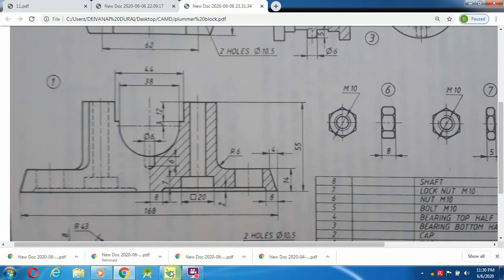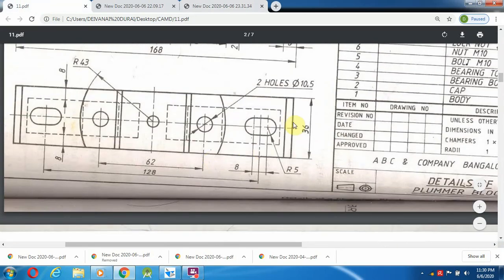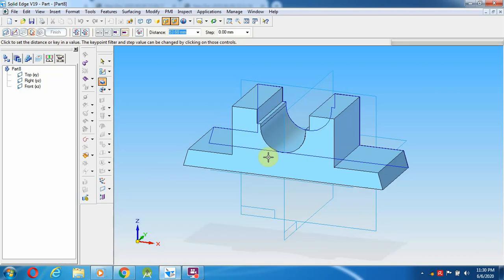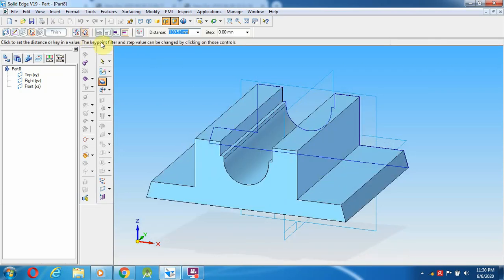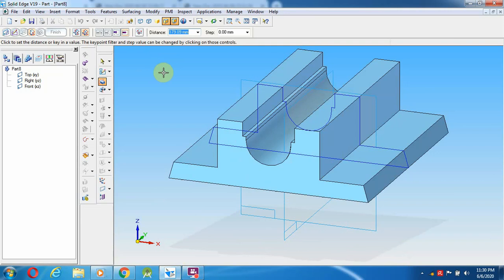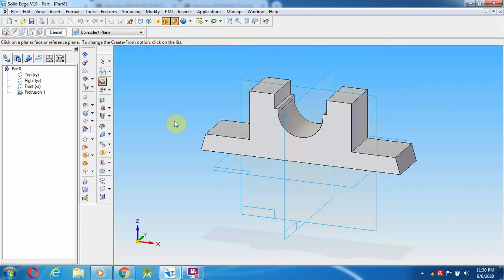So how much depth can I give? I can see from the top view, that is the 36 depth. Okay, so I'm going to keep the plane as middle and use symmetric extent, going to give 36 depth. So the initial base profile has to be created.